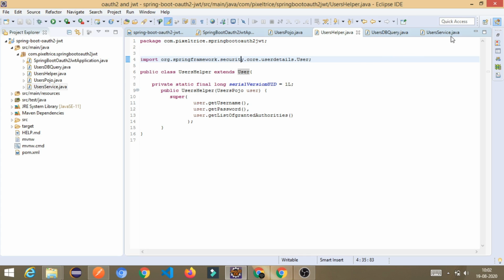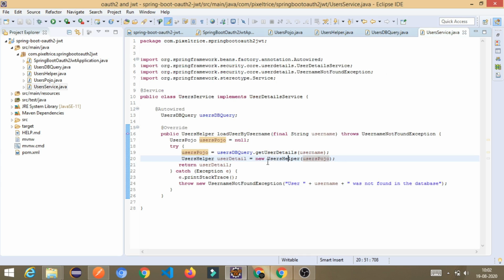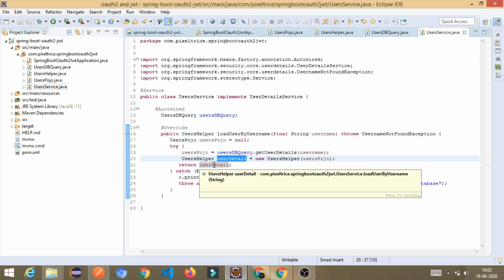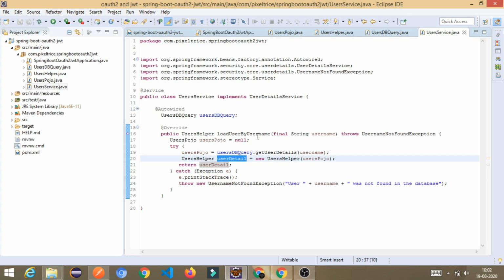So now come to the service class again. Alright, we understood this thing, and once we created the object of UserHelper, we are going to return it. So this loadUserByUsername will return the UserDetails, and this time the UserDetails belongs to Spring Security. Why am I telling you like this?